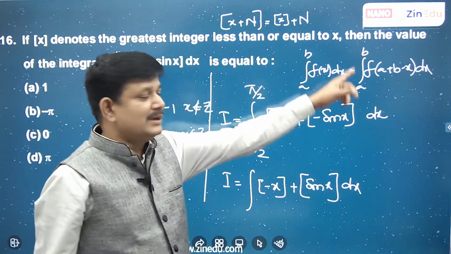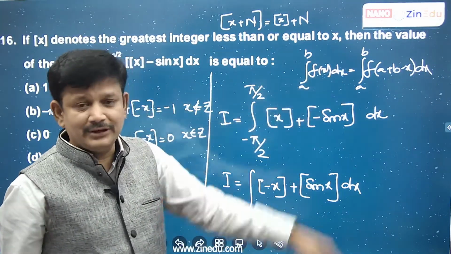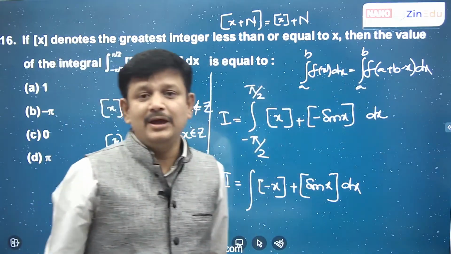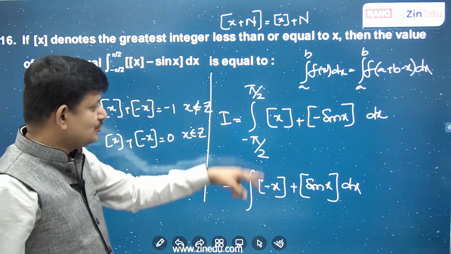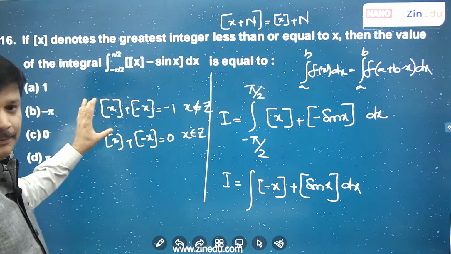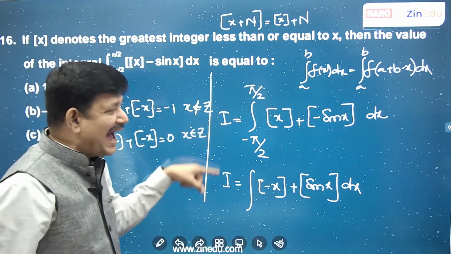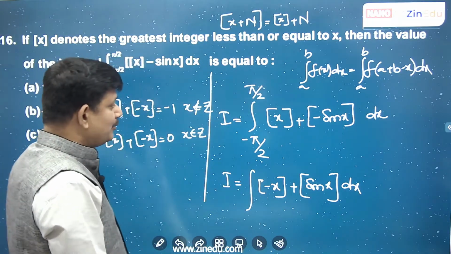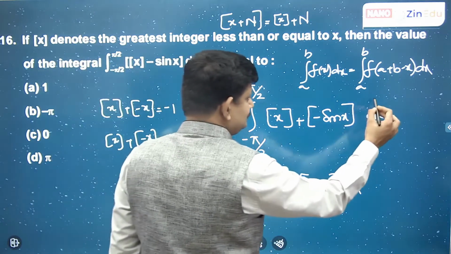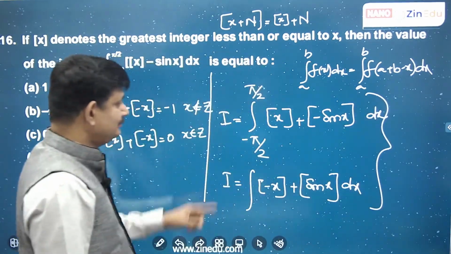Whenever the limits are minus a to a, the integral of f of x will be the same as the integral of f of minus x. So these two are one and the same. To make use of this property, I just have to add both of them. When you add both of them, what will you get? Simply add both of them. 2I